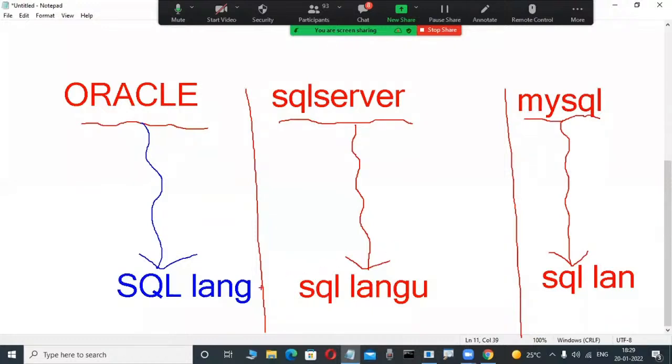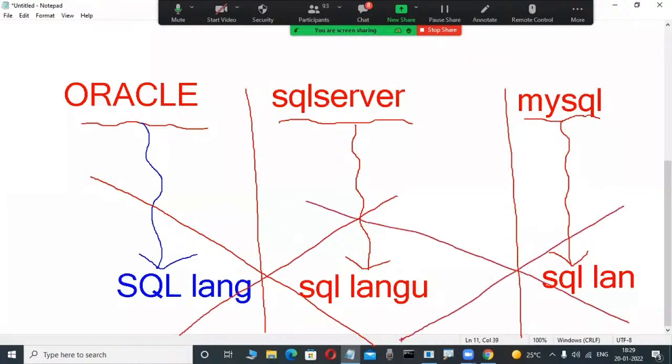Very good. In our class, so many fellows are saying they are the same. That is 100% wrong. All these SQL languages are different, not the same. Why are so many students confused? Why are so many employees saying these SQL languages are the same? Maybe in your academic career, in DBMS theory or some projects,